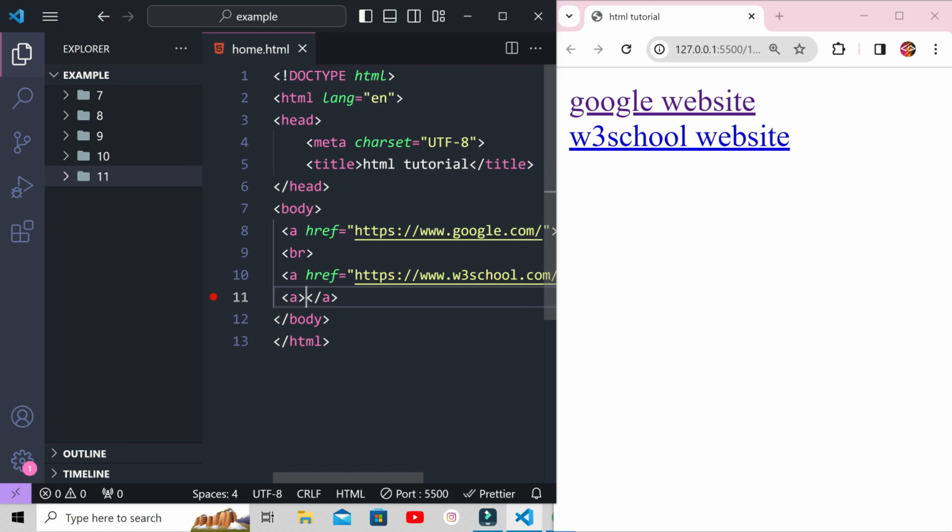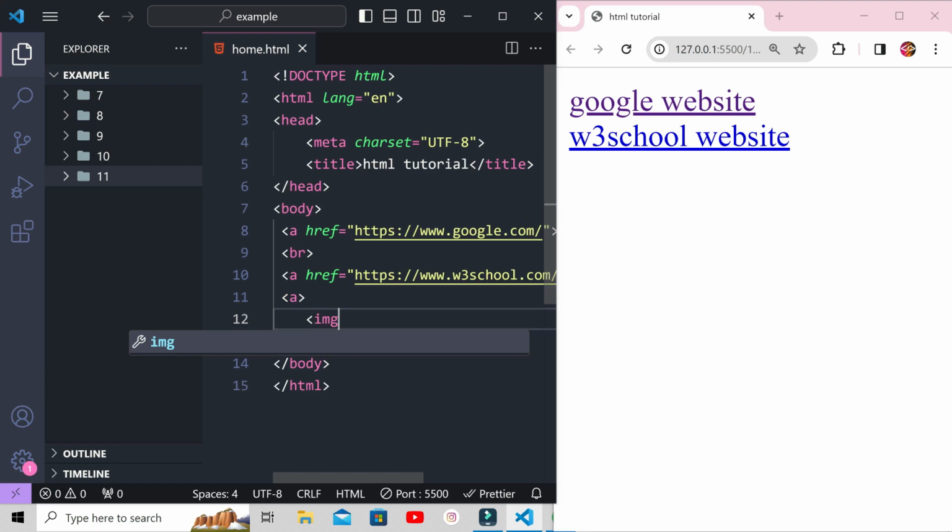We can put an image between them. We insert the space and use the image tag in the middle. So we write the image tag instead of the text. This way we can have an image that will take us to the desired page when we click on it. Look,